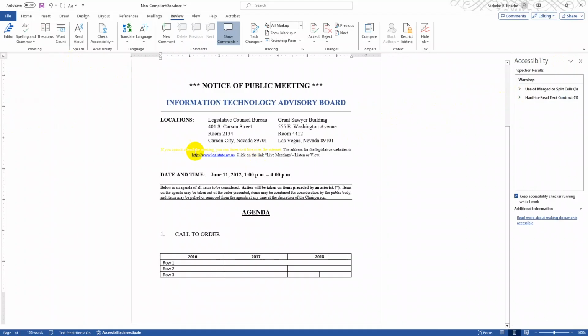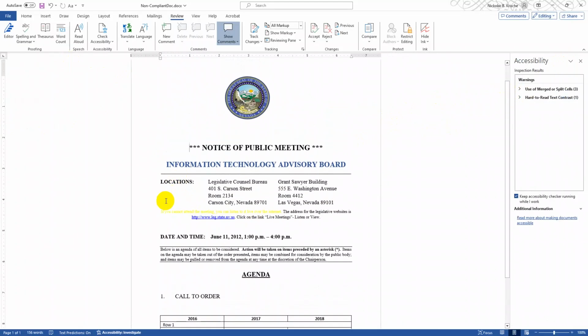So moving on is going to be this yellow string of text that we have down here. This is a big issue when it comes to assistive technology, or rather when it comes to disabilities, because people with color deficiencies aren't going to see it that well. And not only that, but this isn't very visible to someone without a color deficiency because it's bright yellow on a white background. So what I'm going to do to check this is I will go ahead and highlight it,